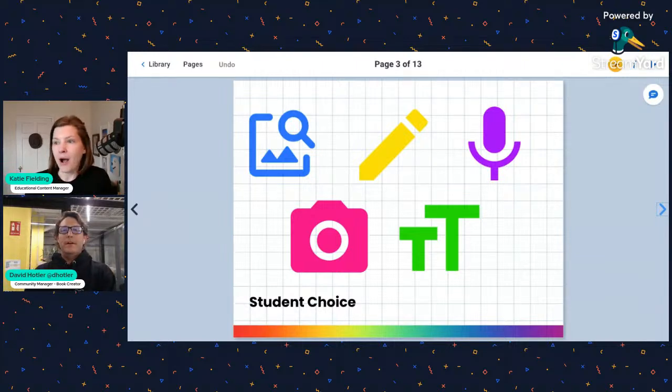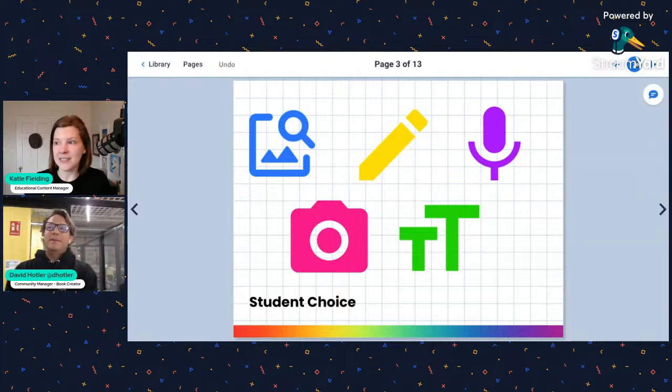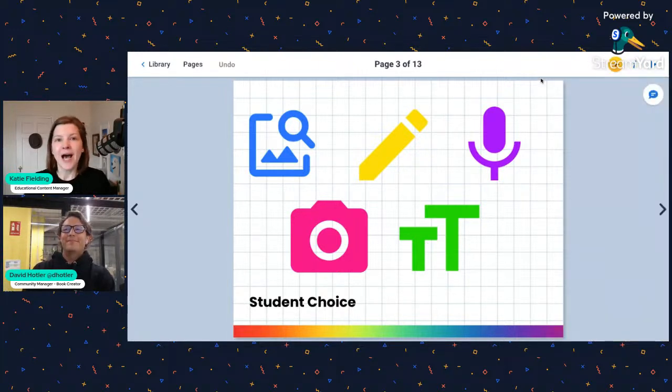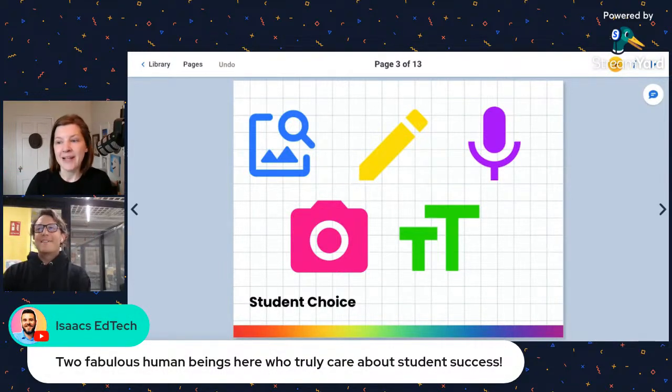And so our basic UI or user experience in Book Creator is 2 buttons. And that's also an accessibility feature. It's a very clean, simple user experience. Students know there's 2 places to go: the plus sign to add content. And so you'll see those 5 main tools here. And then once they add their content, they can use the inspector to customize it. We like to say it's the simplest, most inclusive way for students to create content and demonstrate learning.